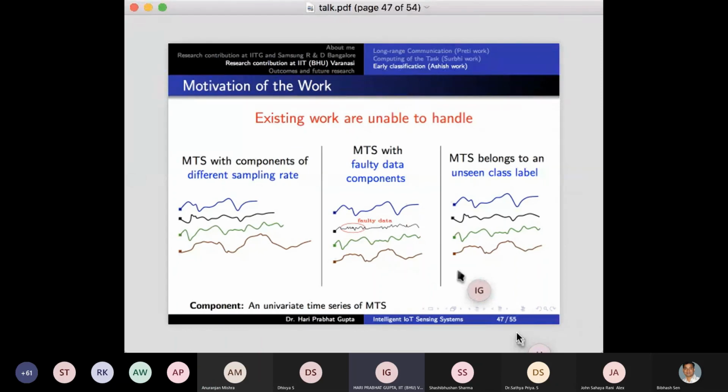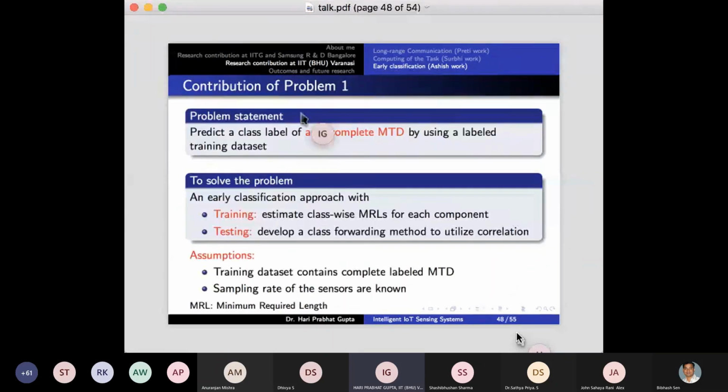That means a new class comes into the picture. So here we also consider one problem where we use zero-shot learning techniques. Few-shot or zero-shot machine learning techniques automatically find out the unseen class labels. So for the contribution, we focus only on the first problem, and here we can present only the first problem,